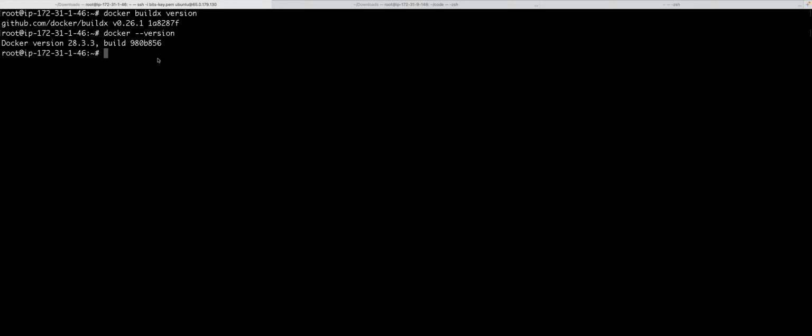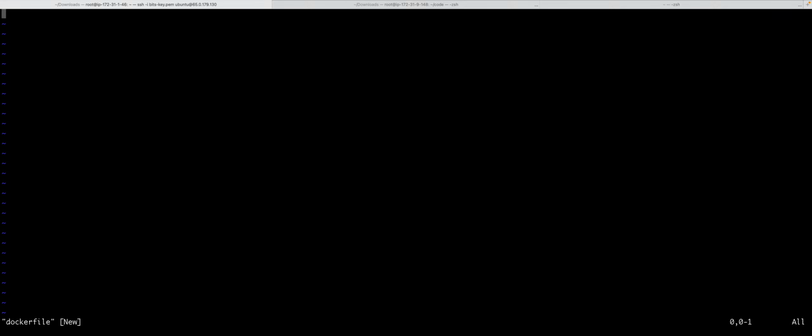Now we'll create a Docker file. So we'll create a Docker file here. vi Dockerfile, and let's use FROM nginx:latest, RUN